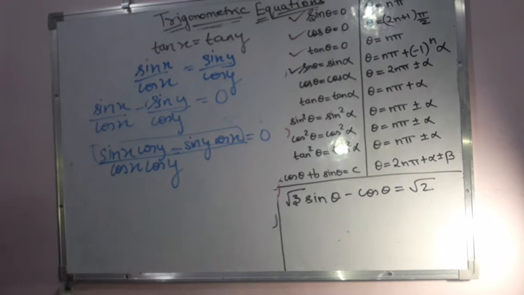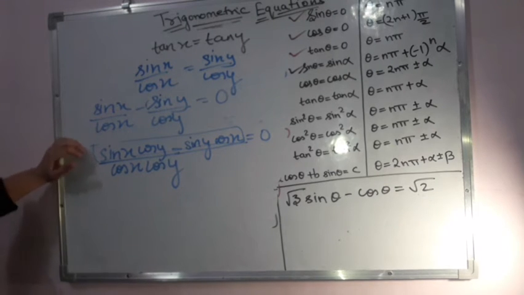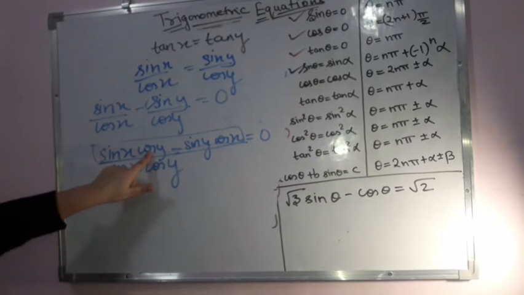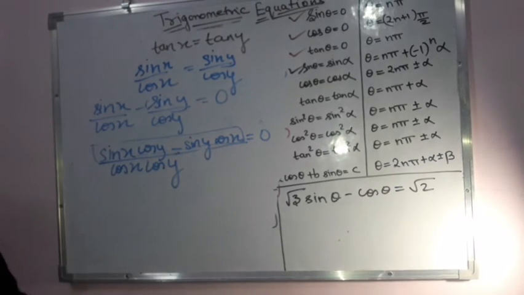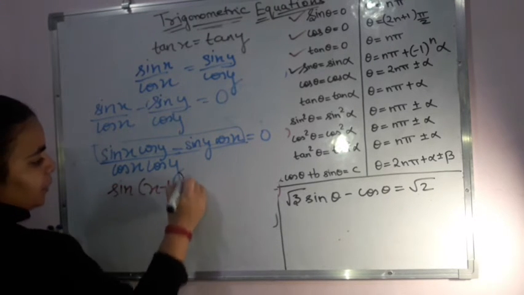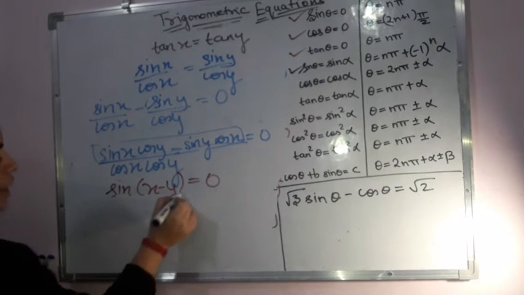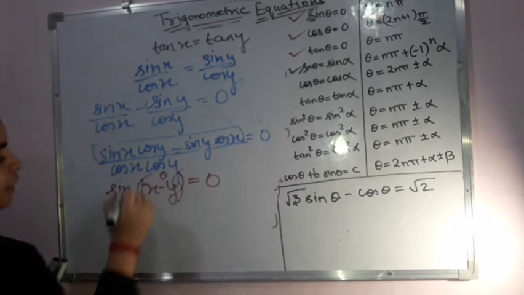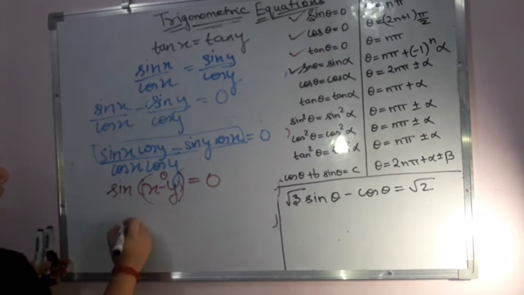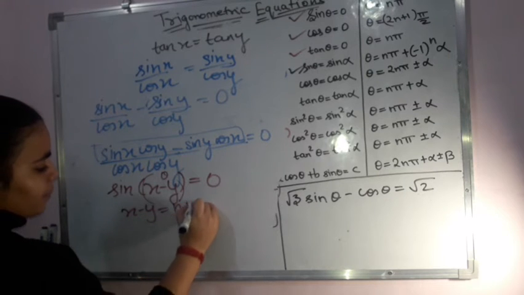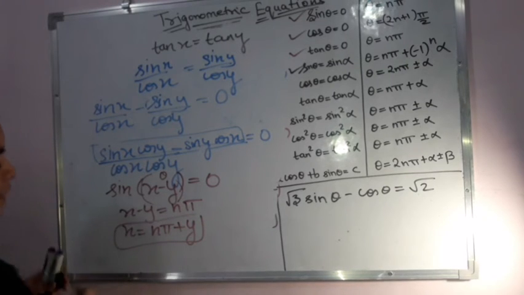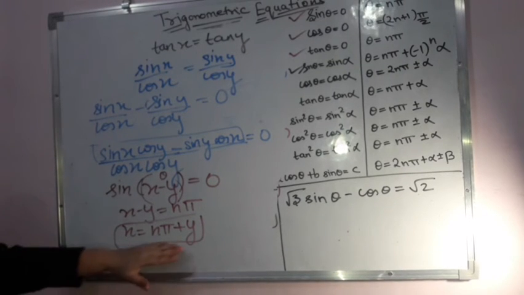Now this part, if you see, learning the previous formulas, the first and the basic formula that was there, sin of a minus b, that is equal to sin a cos b minus sin b cos a. So I can write it as sin of a minus b, that is equal to 0, and this I assume to be theta again. That means sin theta is equal to 0. When is the case? When my theta is equal to n pi. That means x is equal to n pi plus y, where n is any integer.